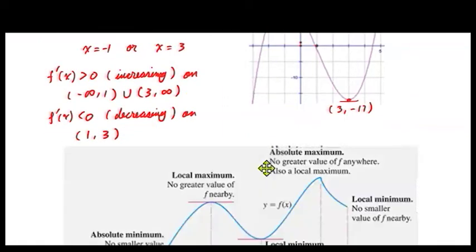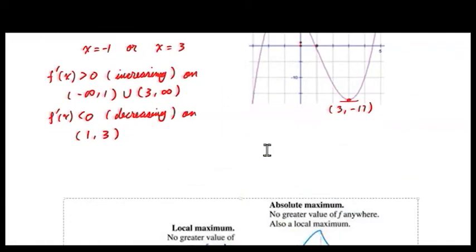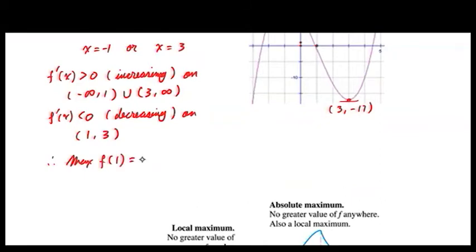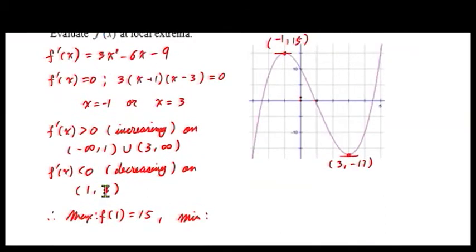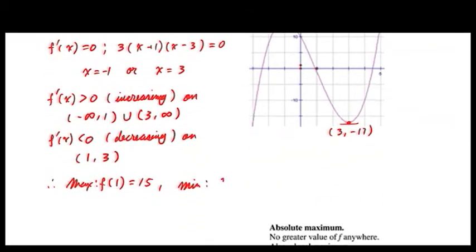Let me push this thing down a little bit. Therefore, we can now say maximum, and watch the notation, is f of -1. You get it? And I believe that's 15. And our minimum occurs where the function turns from decreasing to increasing, right? Decreasing to increasing. So therefore our minimum is f of 3, which is,